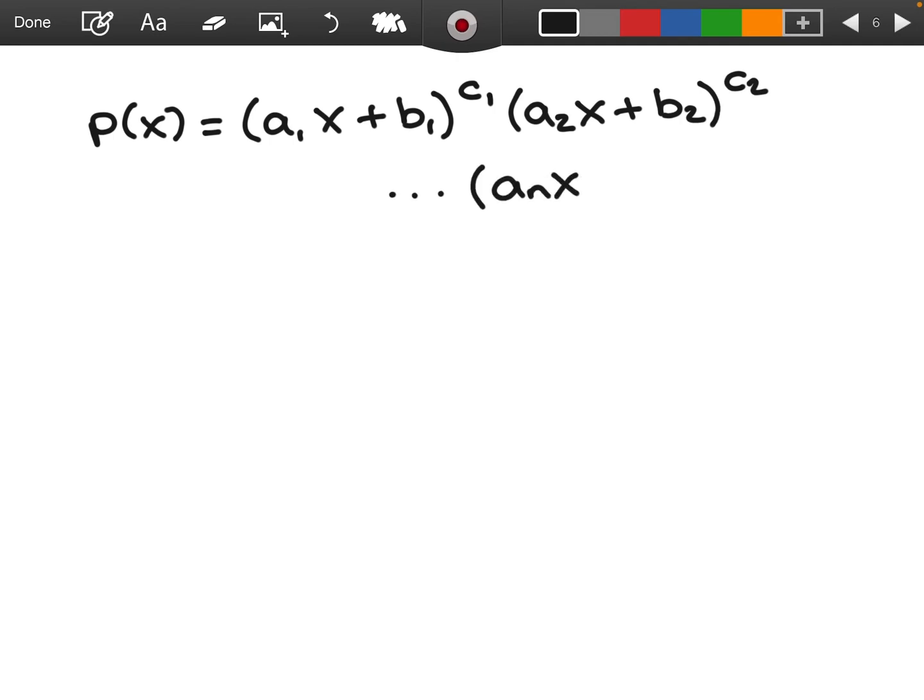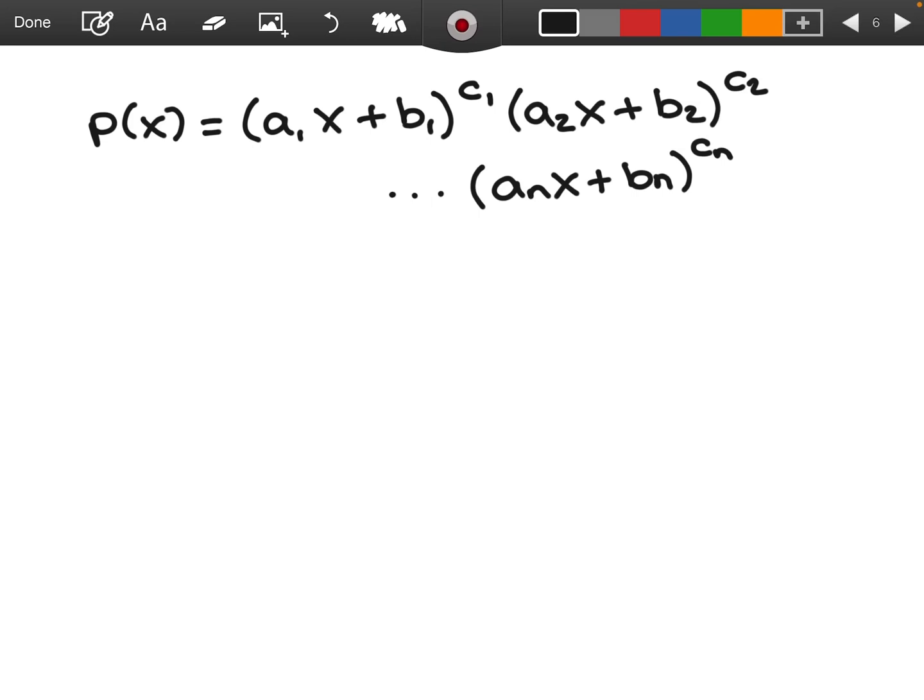Not the end of the world, but you may have just all these parentheses multiplied together. So this polynomial is not in standard form, it has in fact been factored. So to find that leading term, to find that power function, to find out what would happen as x goes